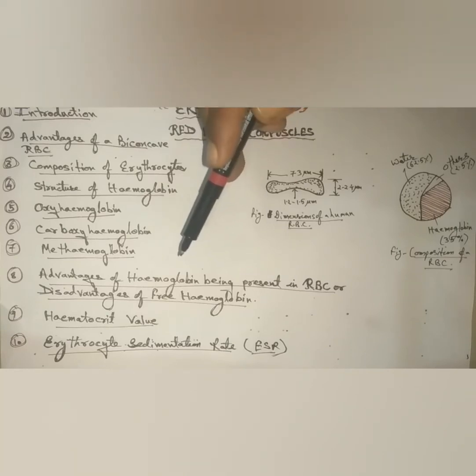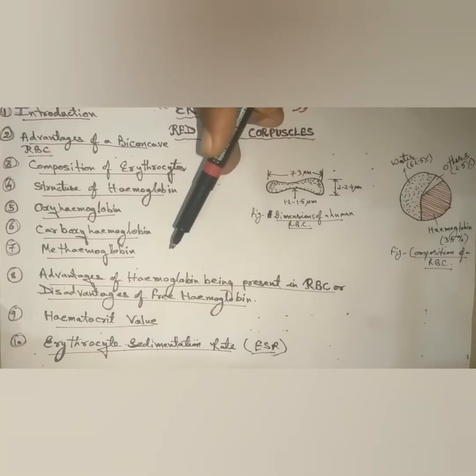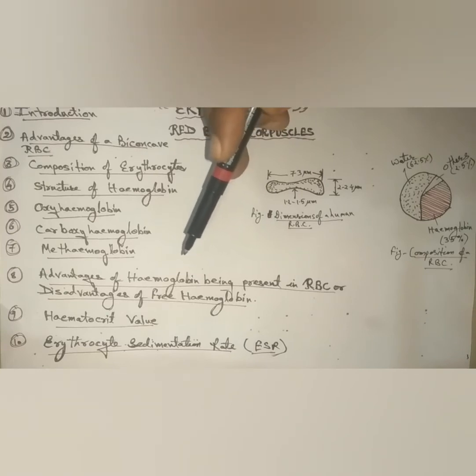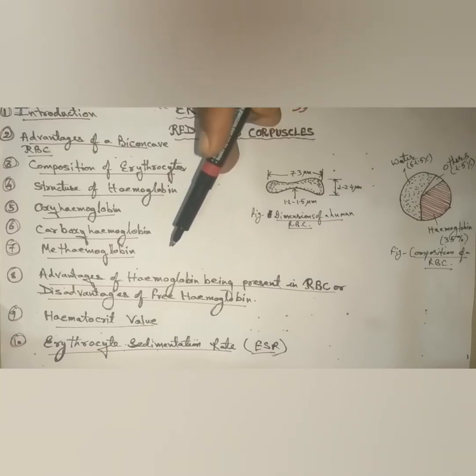At birth, the hemoglobin is 23%, as RBC count is more. By the end of 3 months, the hemoglobin becomes 10.5% as the infant is totally fed on milk, which is devoid of iron. After 3 months, hemoglobin increases gradually, and at about 1 year of age, it becomes 12.5%.